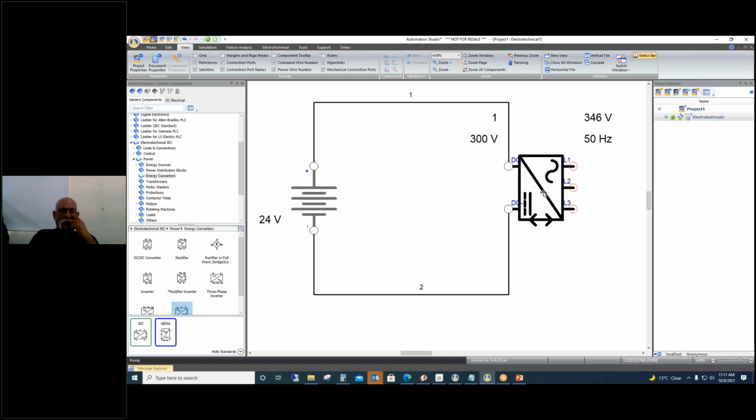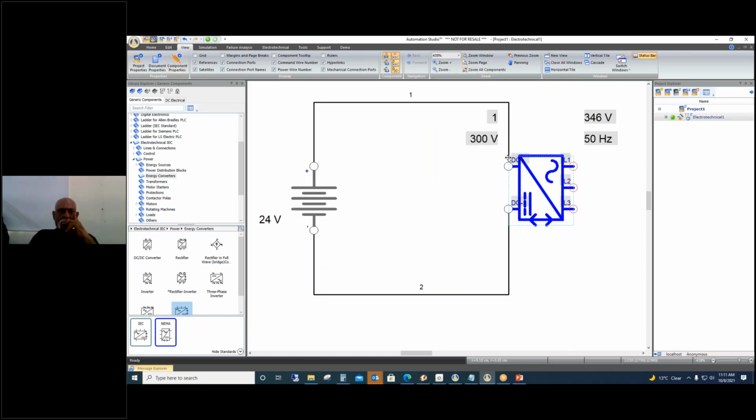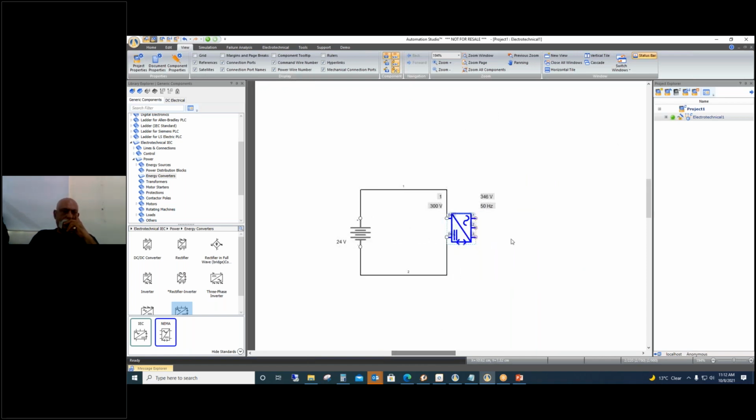Then the next component, I have taken as the inverter or rectifier bidirectional component. So what this will do is the input for this component will be the DC voltage that we get from the battery, whereas the output of this component will be a line voltage. To control the speed of a motor, we can either control the frequency or the voltage. So in this example, we will be taking one pedal and varying the frequency of this component. By varying the frequency of this component, we will be varying the output line voltage, and that line voltage will vary the speed of the motor.